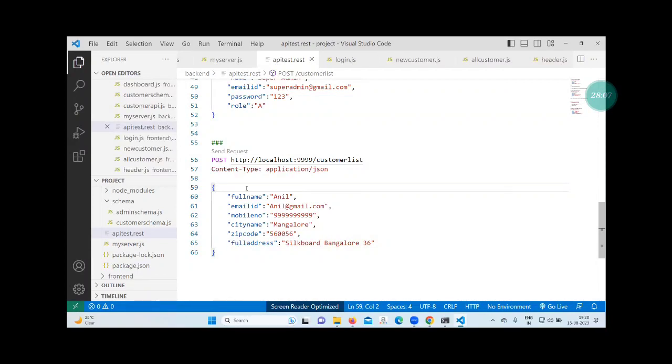Here, not that. Okay, so data is storing.